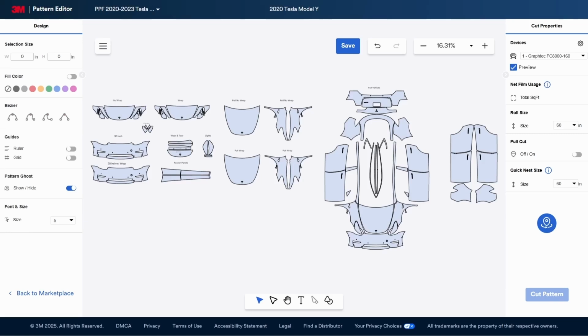Welcome to this tutorial on using the quickness feature in the 3M pattern editor. This tool was designed to save material and optimize cutting efficiency by automatically arranging your patterns. Quickness is a powerful feature that calculates the best arrangement of your selected patterns to minimize material waste and ensure